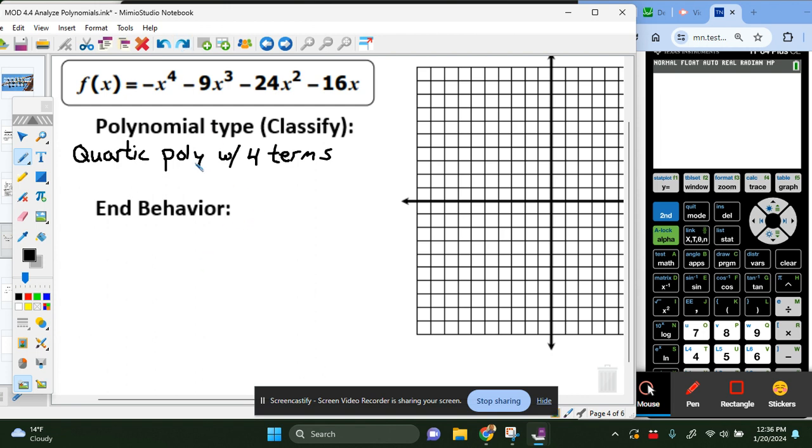Now, without even graphing it, I know what this end behavior is going to do, because this is going to do what all even degree polynomials that have a negative lead coefficient, like this has a -1, they all do the same thing on the ends. Just like, think of the simplest even polynomial you think of, like y equals